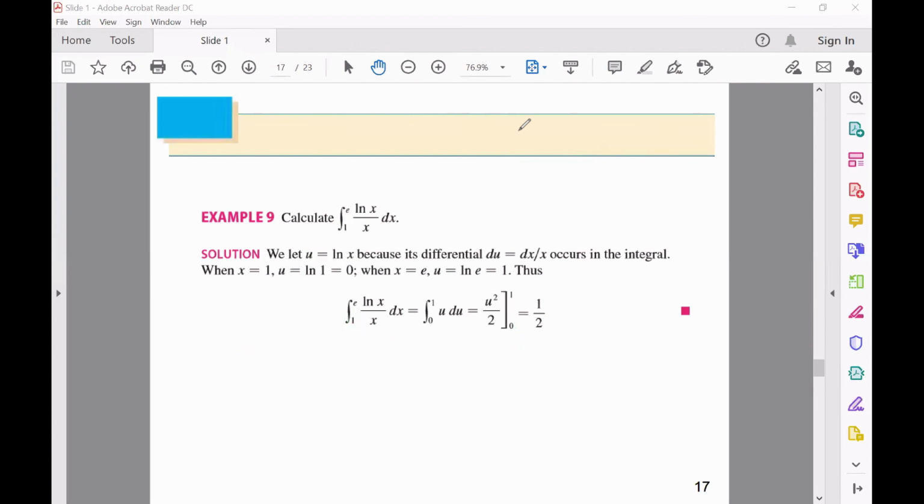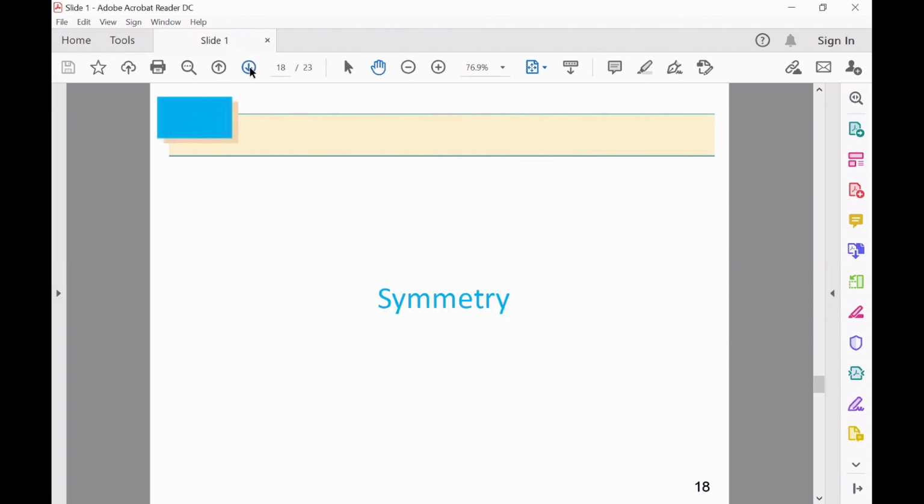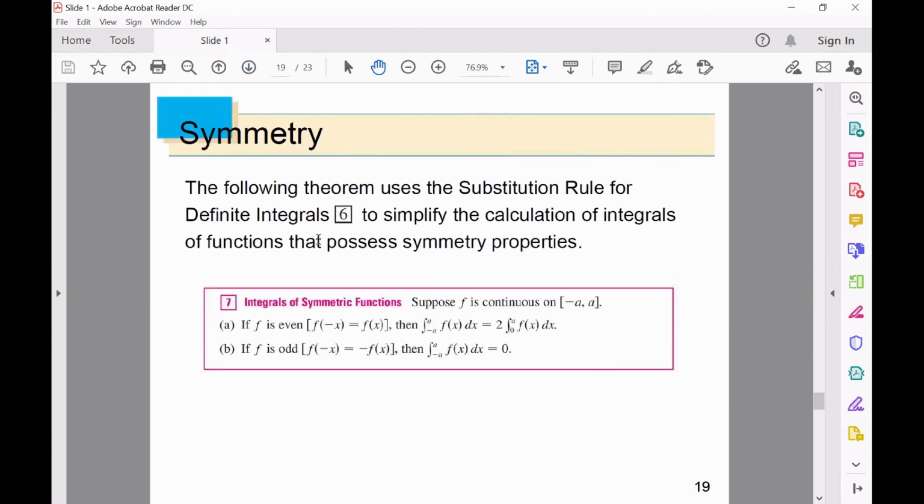Okay. Now maybe when we have a symmetry related to the x-axis, we can prove the integral between minus a and a of f of x dx is equal to twice the integral of f of x from 0 to a. لما الدالة تكون زوجية يا شباب، لما الدالة نحاول نسوي رسمة، لما ناخذ x تربيع مثلا نحو أو أي